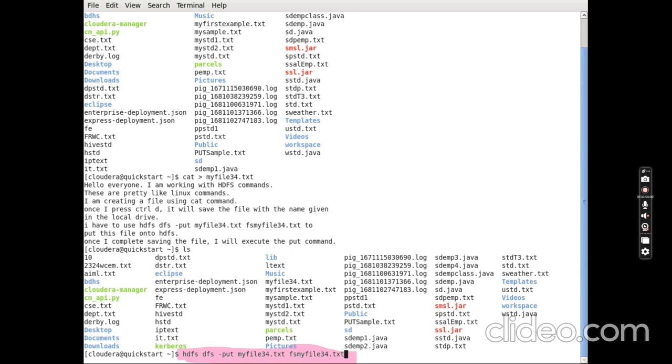So hdfs space dfs, where DFS stands for distributed file system. Through the Hadoop distributed file system, you are trying to communicate with the distributed file system. Hyphen put: every command with which you try to contact the distributed file system should come with the hyphen switch. We call it the switch. Hyphen put will take a copy of the file from the local drive and